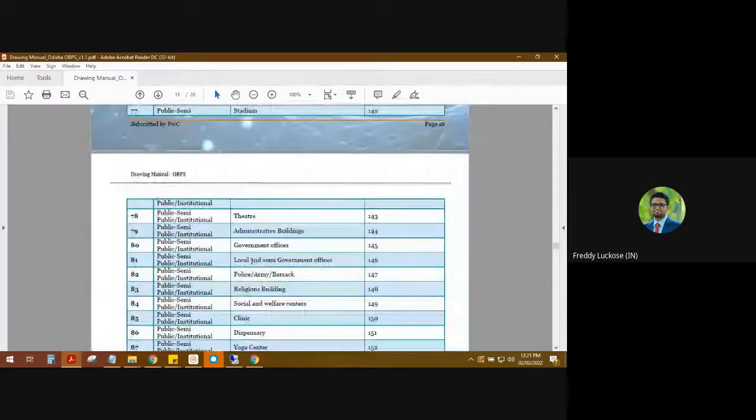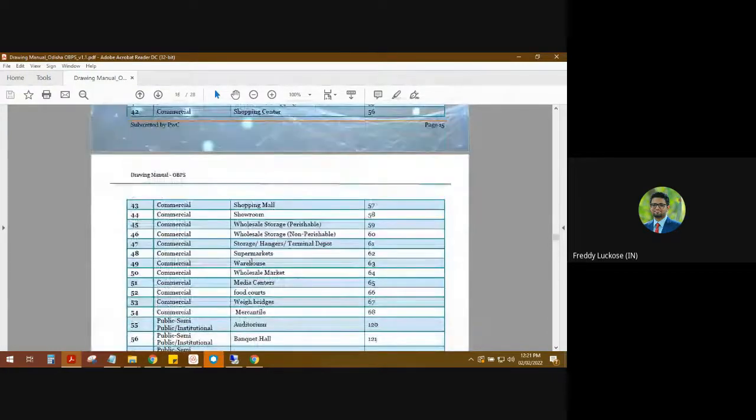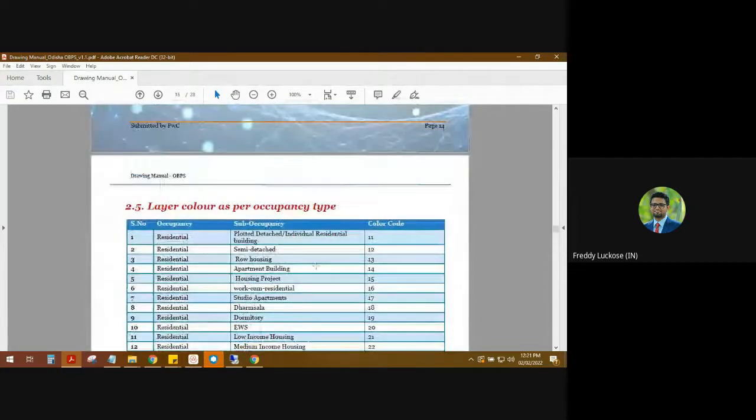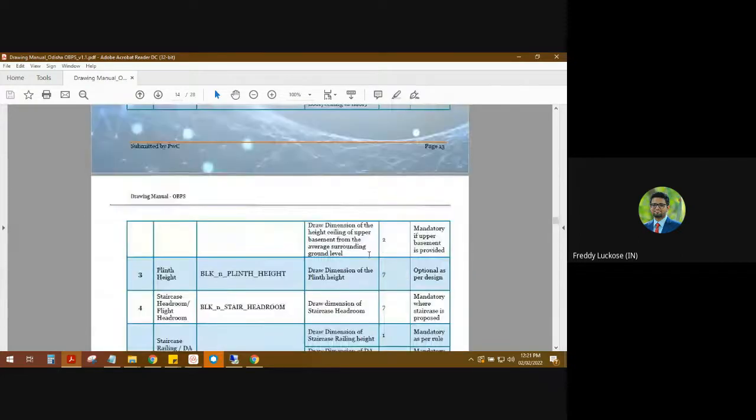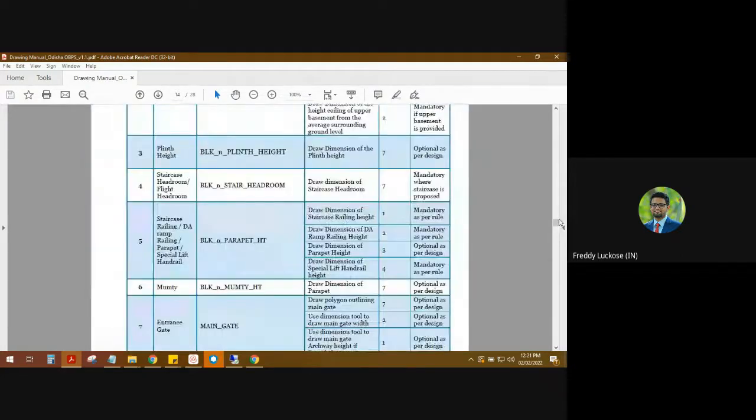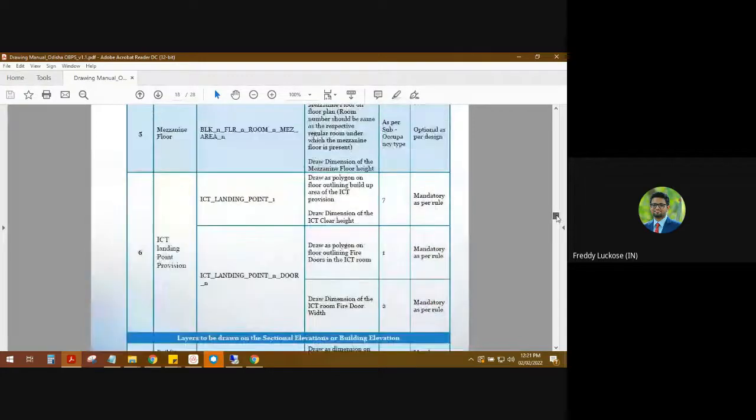So just identify the type of project you are making and use the color code respectively. For example, if you are making a plotted detached project, the normal G+1 or G+2 project, you'll use the color code 11 wherever it is written based on sub-occupancy color code. So if you see in the floor plan section,